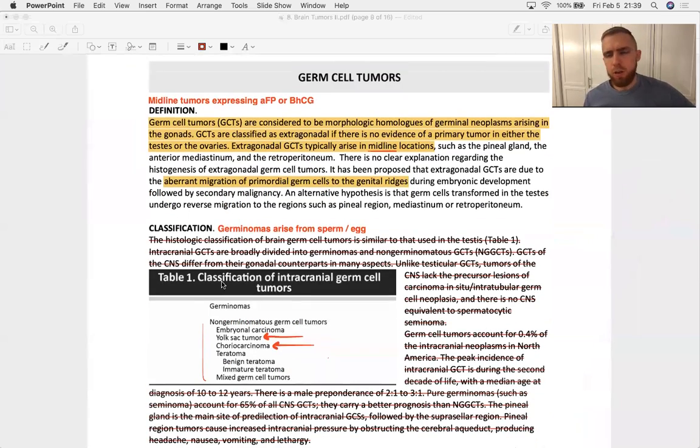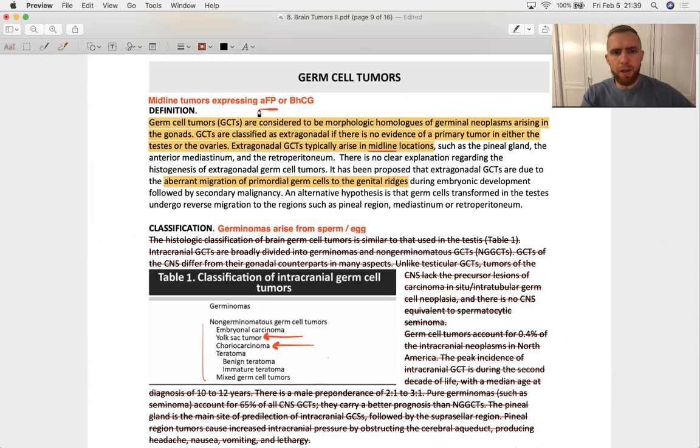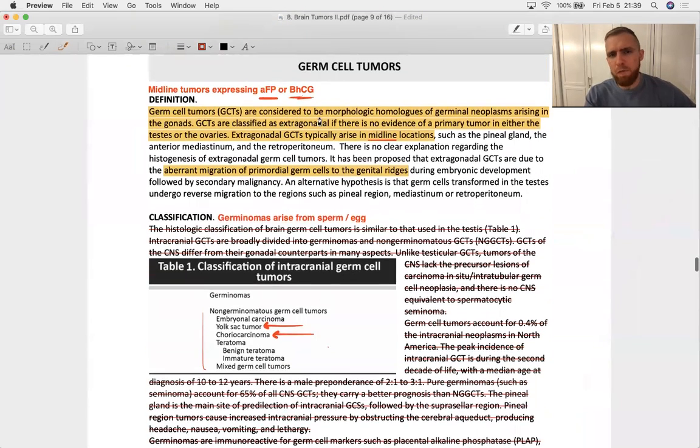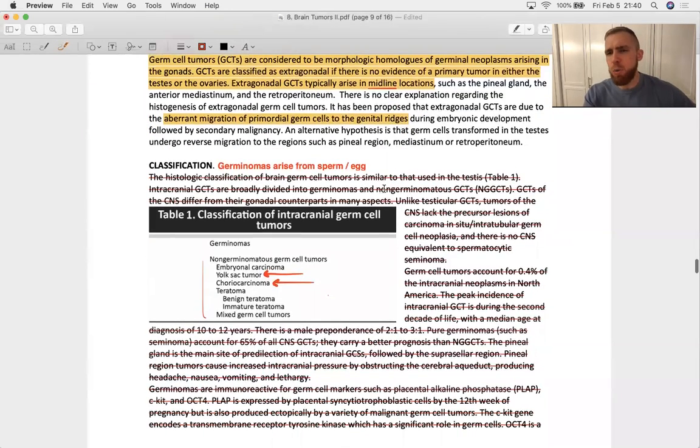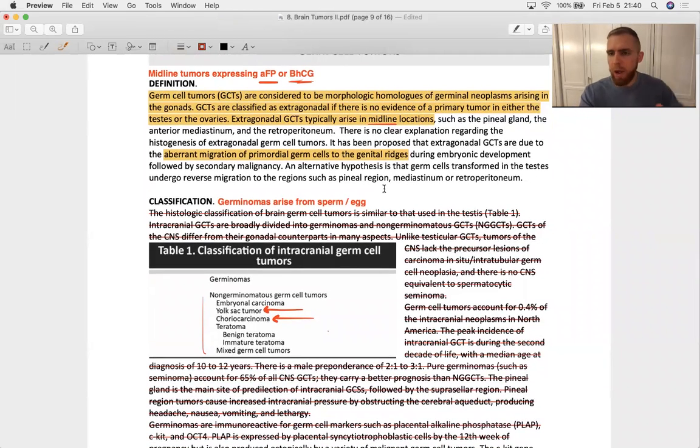Germ cell tumors. You don't need to know too much about this right now. This is not very high up on the priority list of things that they want you to know in block 3. What you should recognize for now is that alpha fetoprotein and beta human chorionic gonadotropin are things that have to do with reproduction and baby and mommy, okay? So when baby's growing in mommy, there's a lot of beta HCG, and then AFP should be going up as well a little bit. And then if you have AFP or beta HCG going up in someone who's not a pregnant woman, well, then that's really bad, because that typically means there's some cancer inside your body that's making AFP